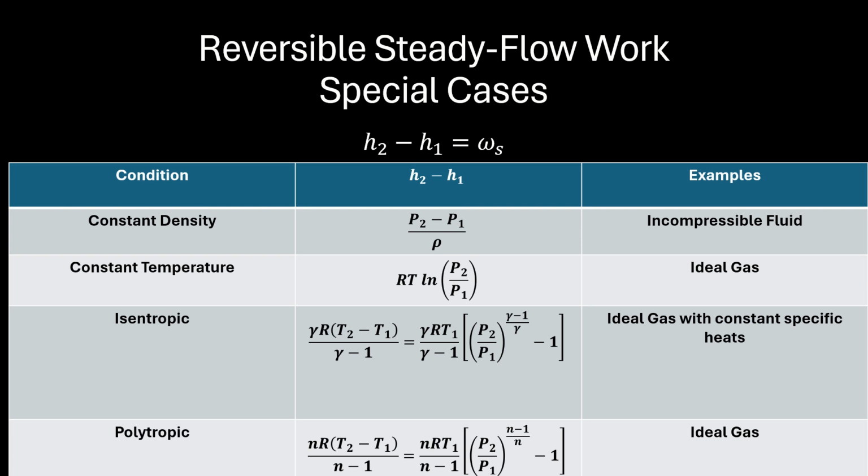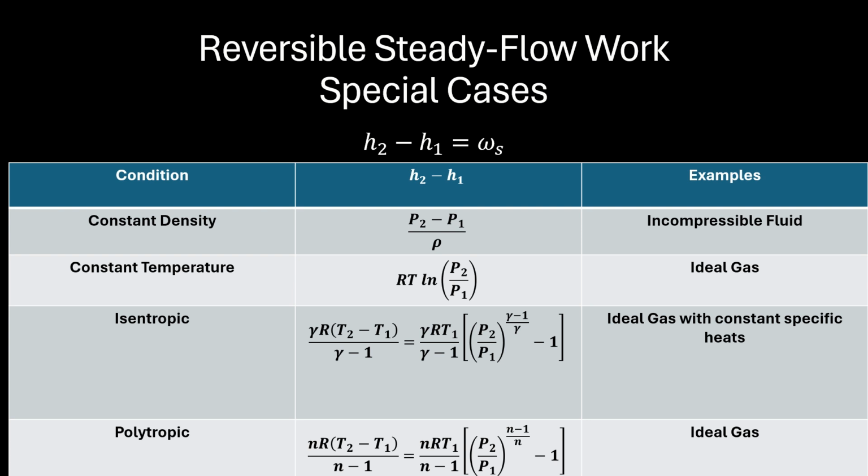When we have an isentropic process, what we can do is replace the specific enthalpy difference with the gamma factor times the gas constant times the change in temperature, T2 minus T1, over gamma minus 1. And if you do not have both temperatures at the beginning and end of an isentropic process,